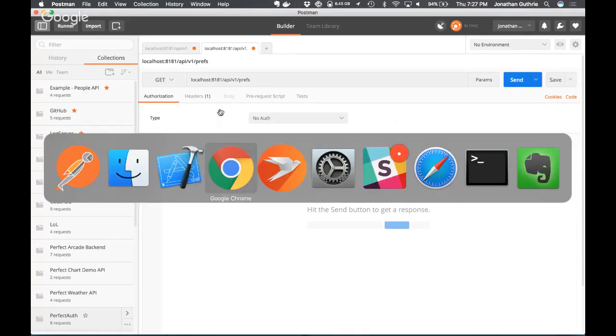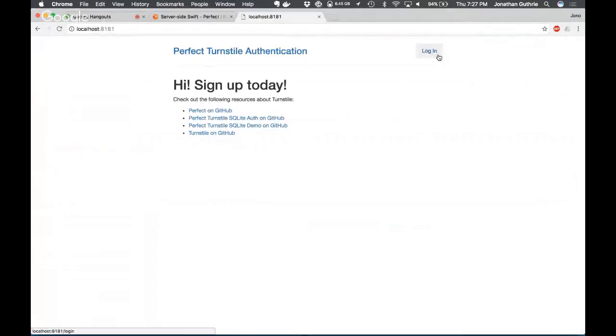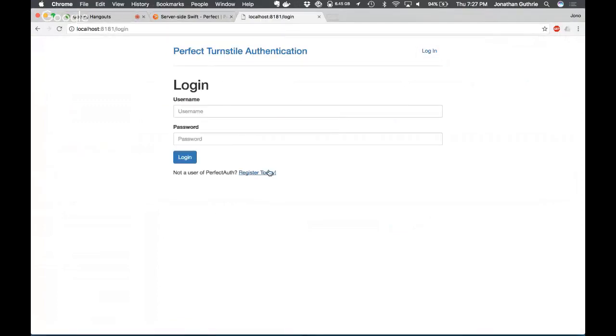So you'll see that if I go back to my Chrome, I've got a login, I've got register. Now I'm just going to create an account, okay? So username Jono and my super secure password Jono.